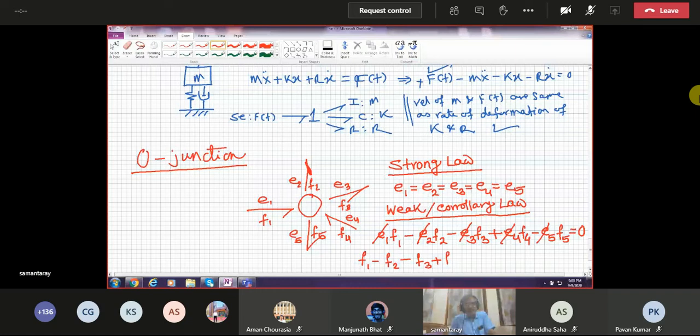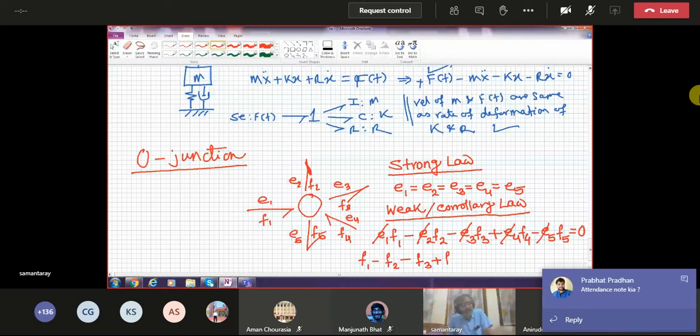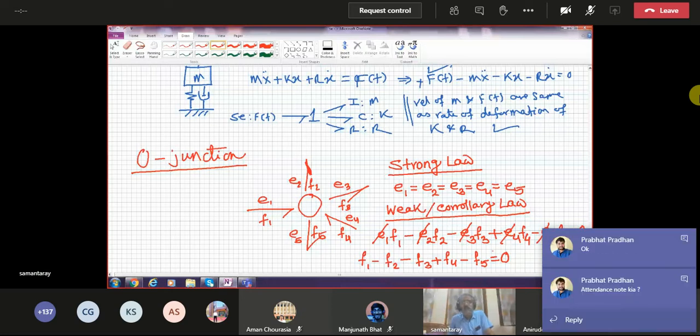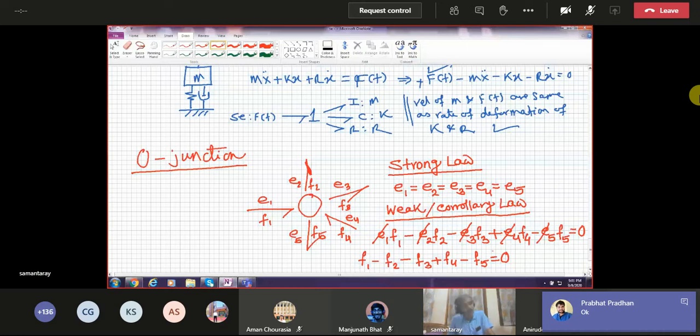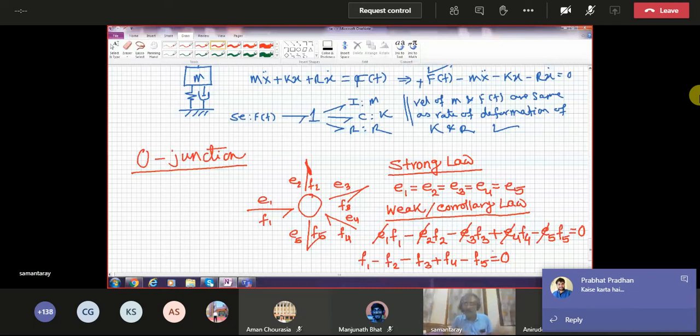Okay? So what we have here is exactly the opposite of the one junction. In one junction, flows were same, and then the sum of the efforts was 0. At zero junction, efforts are same, the sum of the flows is 0. Just opposite. So if you remember one junction, the other is implied. In place of F, you substitute E. In place of E, you substitute F. The relations are straightforward. So you just have to remember the rules for one of the junctions. One junction and zero junction are exactly opposite.